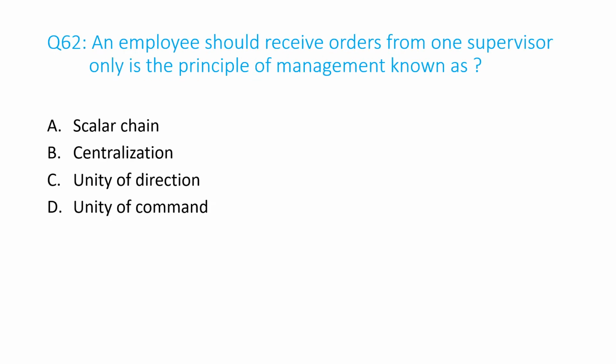Question number 62. An employee should receive orders from one supervisor only is the principle of management known as A. Scalar change, B. Centralization, C. Unity of direction, D. Unity of command. And the answer is